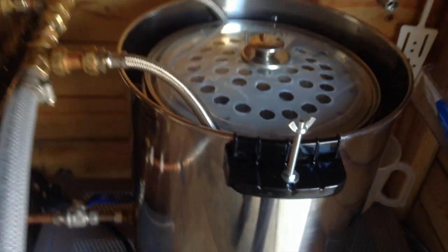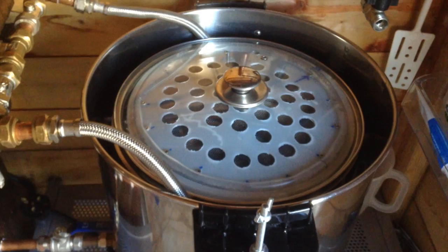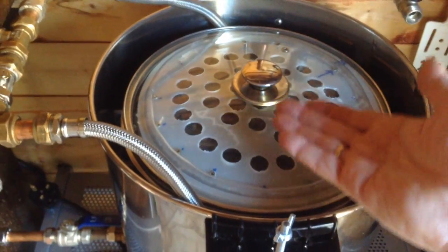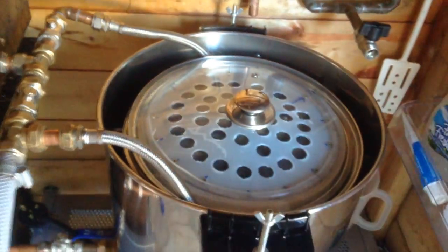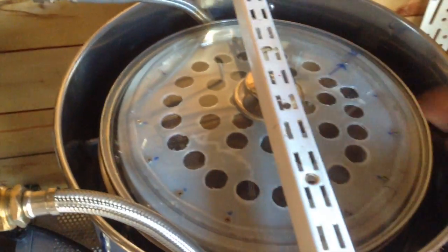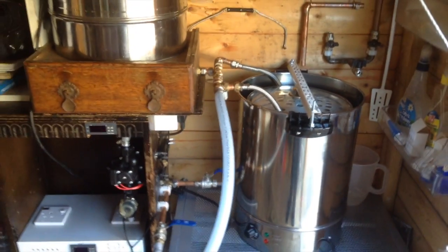Now you notice these were an afterthought, because I did drop a bit of a cobbler yesterday, in so much that I started a brew and I'd put 5 kilos on, but with the grain expanding, it lifted this all up, and the old lock came off and all the grain was tipping out everywhere. So what I had to do is to devise something that would go across the top. So let me show you what I did there. Again, a bit Heath Robinson like, but this bar is just held down solid, pressing down on the top to hold it all in. And basically that is your £200